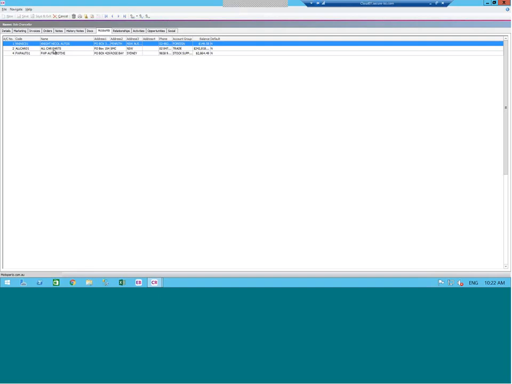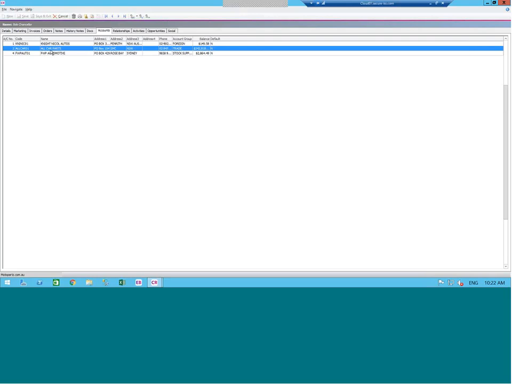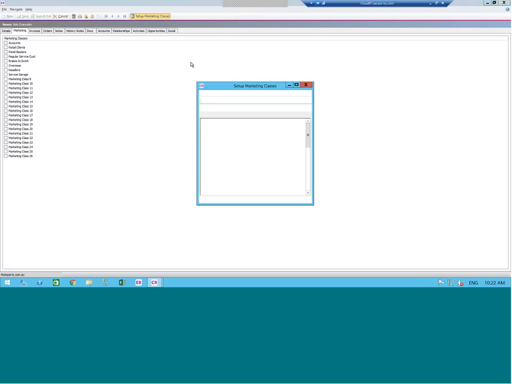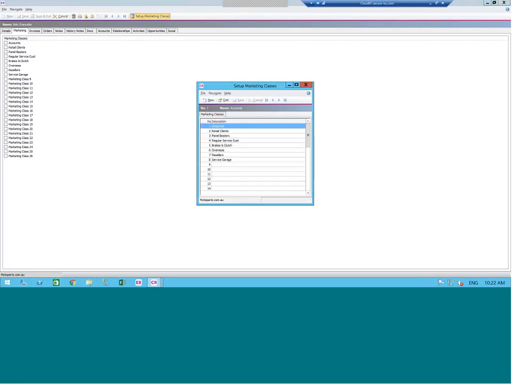Aside from linking him to different companies, I have 2 additional ways of categorizing Bob in a way that I might then use to create a marketing list. So Exo has a feature called marketing classes. So every contact will have a marketing tab, and there will be a list of marketing classes. They probably just say marketing class 1, 2, 3, 4, 5. But you can rename those to anything you like. So you can click on the marketing classes button